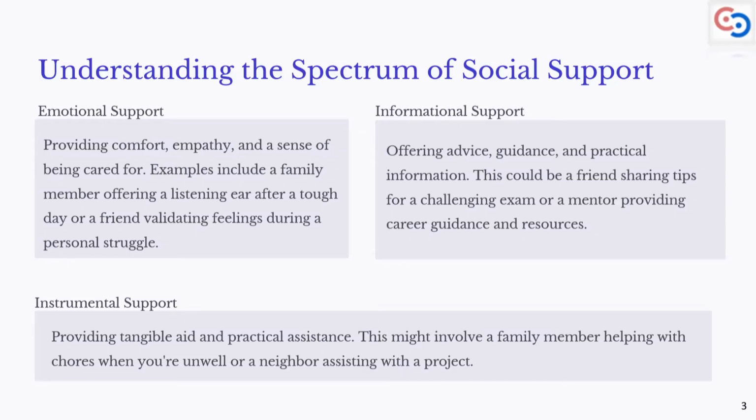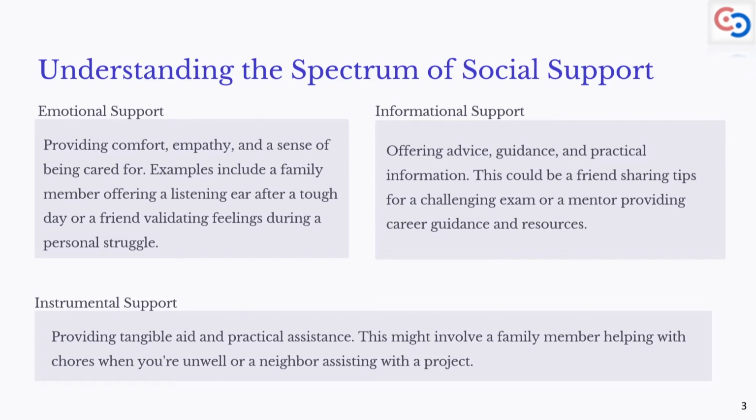When we are talking about social support, it comes in a spectrum and there are different types of social support. We have emotional support, informational support, and instrumental support. Emotional support is when someone is providing a sense of care and empathy. For example, if a parent is providing a listening ear to their child when they're going through a difficult time, or when a friend is listening to their friend in a non-judgmental way,